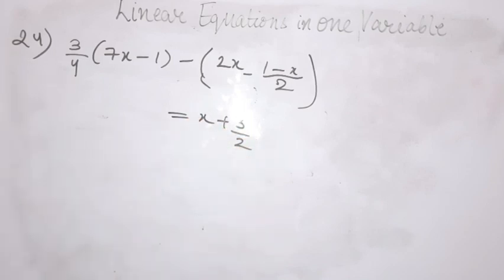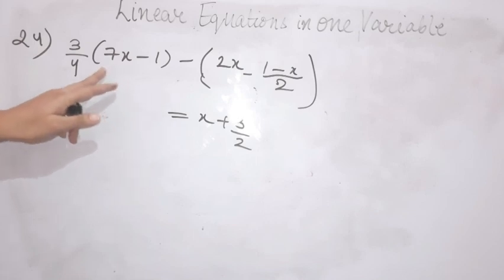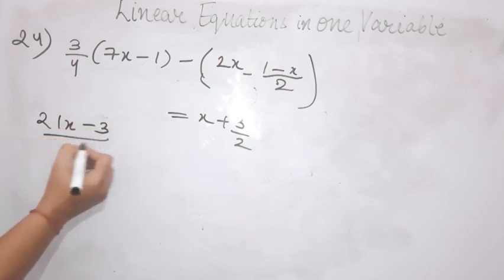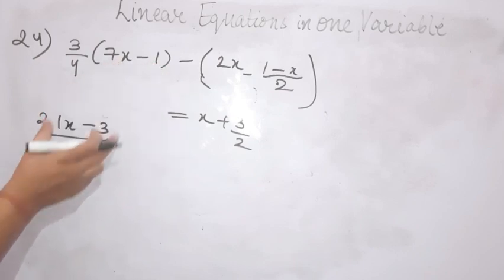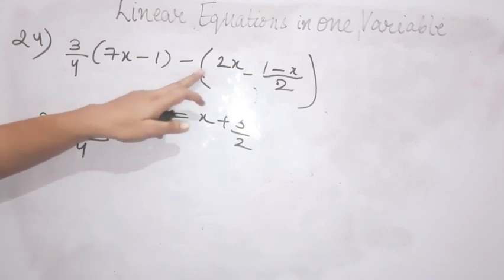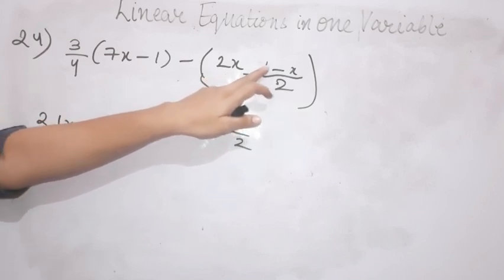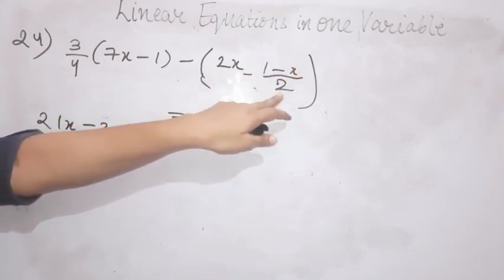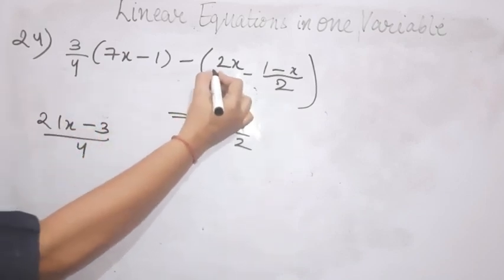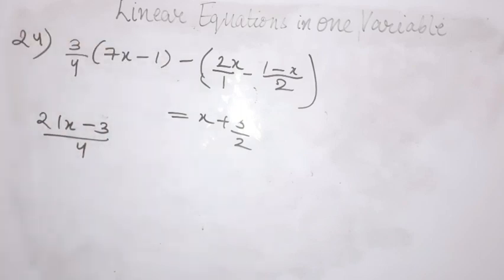So this is a very good question, whosoever has asked. Now how do we have to proceed? This 3 is in multiplication with both the terms given in the bracket. So 3 7s are 21, it will be 21x, and 3 1s are 3, minus 3 upon 4. This whole algebraic expression is having 4 as the denominator. Now it is within bracket 2x minus 1 minus x. This whole is having which denominator? 2 as the denominator. 2x is not having any denominator, so by default we will consider 1 as the denominator